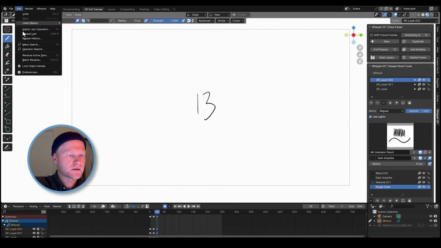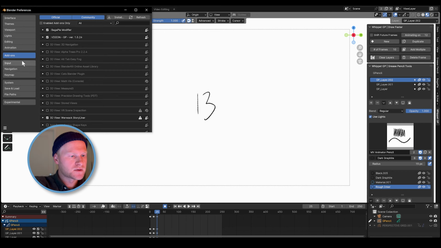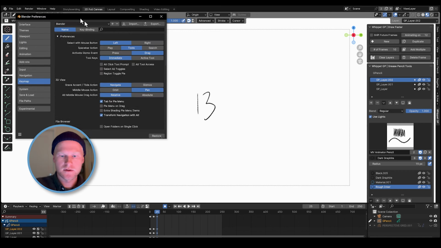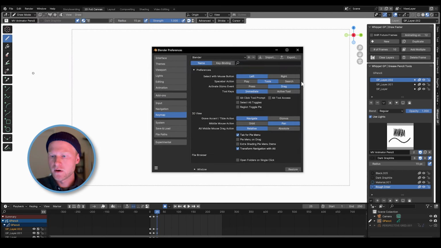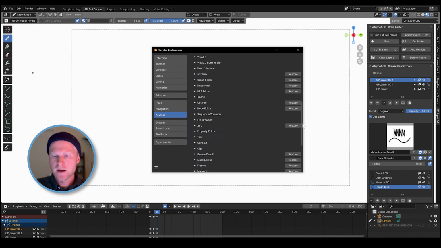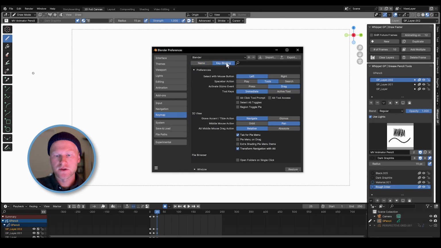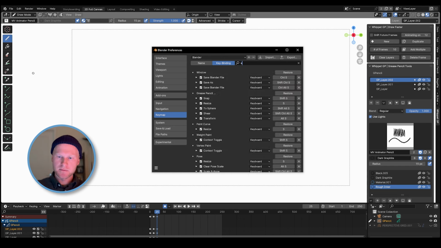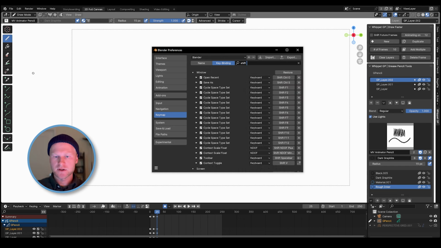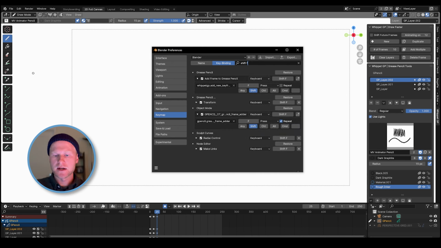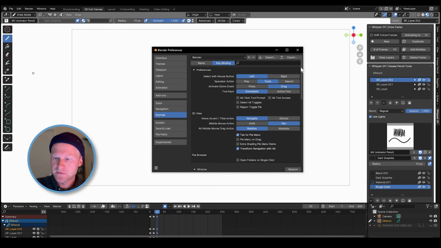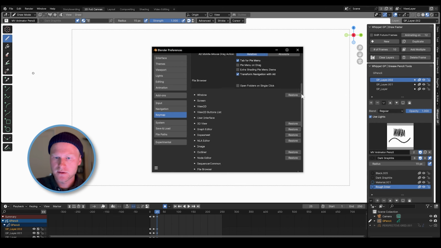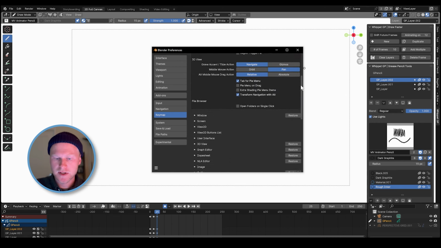So you go to Edit, Preferences, Key Map. This is your window for all of your shortcuts, and you can search shortcuts here as well. For instance, I already have these set up. If I type in Shift F, it'll show me that I have something bound to Shift and F. But you will not have that bound, so we're going to go back, scroll down,